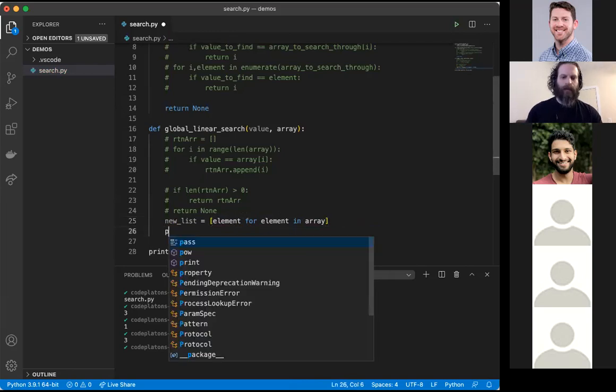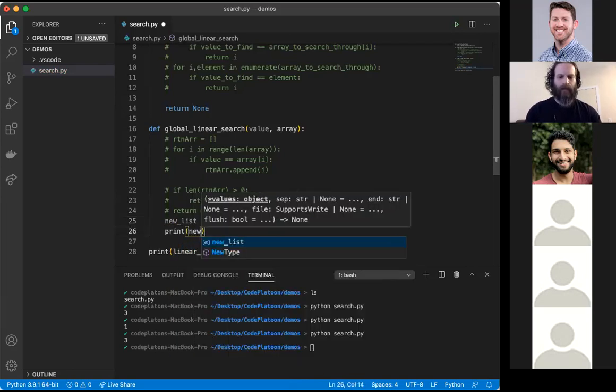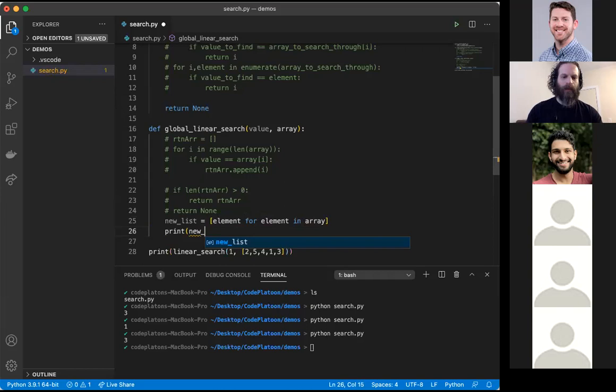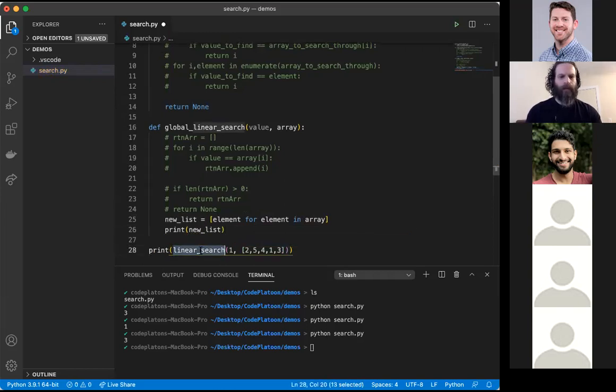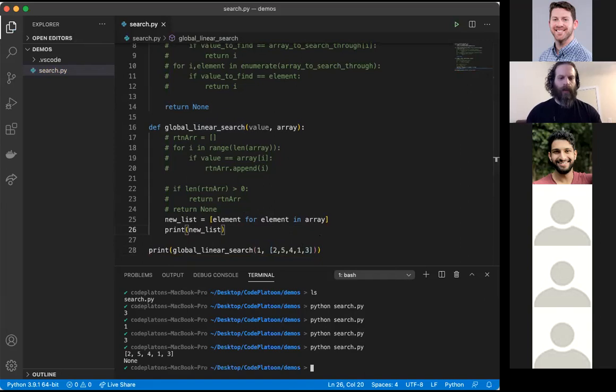And we'll print new list. So if we run this, we pass in this array 2, 4, 5, 4, 1, 3, and